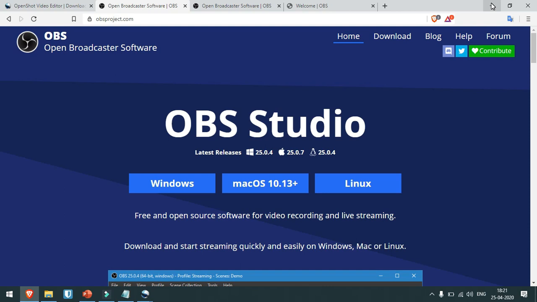We can do this with OBS Studio, and OBS Studio has one advantage over other free options, is that it is completely truly free. There is nothing that you will have to pay to unlock certain features. Also, it doesn't put a watermark or a stamp on your videos, so there are no distractions from the content that you have. And very importantly, it makes very small videos so that they're easy to share. Now OBS can be a little more complicated than other systems, and for that a little bit of training is required, but once you get the hang of it, it becomes very easy and very quick. The work process becomes very quick.